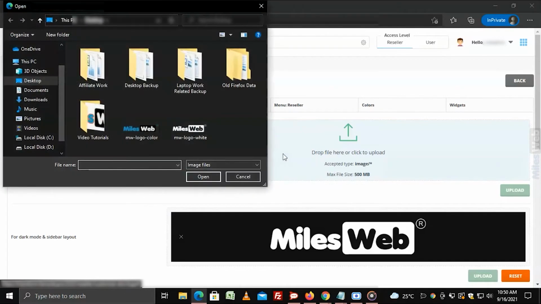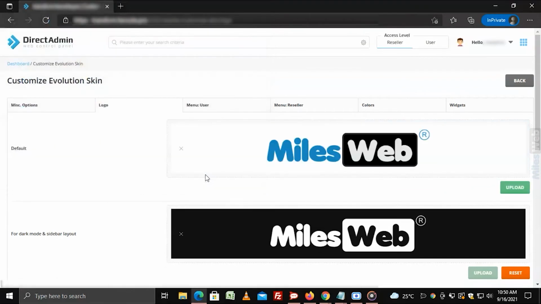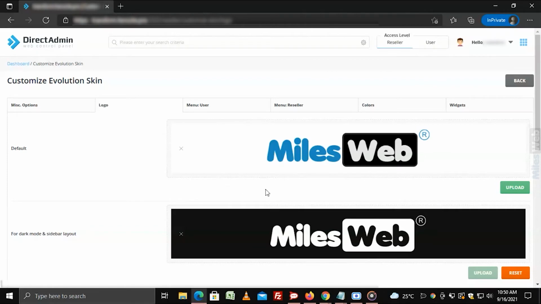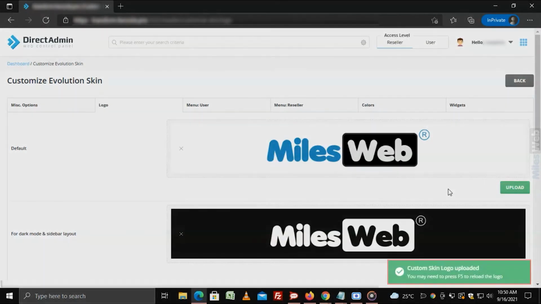Click on the box and upload the image from your local machine. The image will appear in the field box. Click on Upload to complete the process. You can repeat this process to change the logos for any other field.